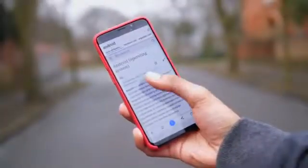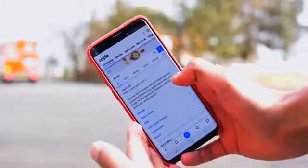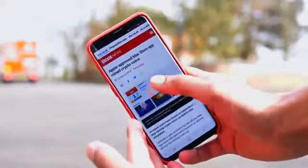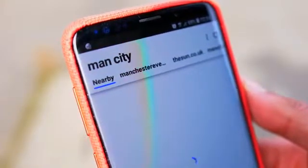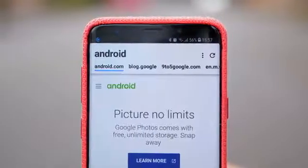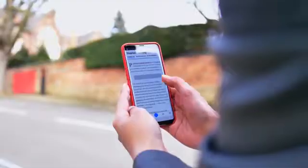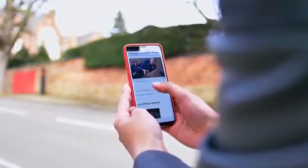Google Chrome or Internet Explorer, in that when you type in a search term, it loads up every relevant website. So from the search menu, you can just swipe across and you can pull up every single page instantly. Naturally, because of the way this works, the initial loading takes a little bit longer than on Chrome or other internet browsers, but at the same time, having all these pages open simultaneously lets you flick between them much easier. So if, for example, you're searching for something and want multiple opinions, this is a much easier way of